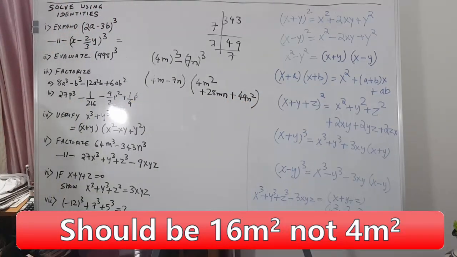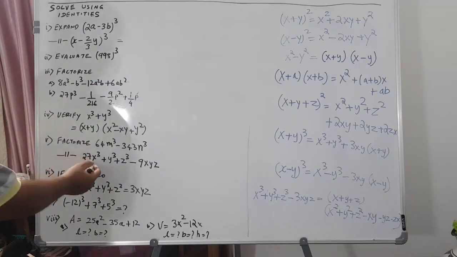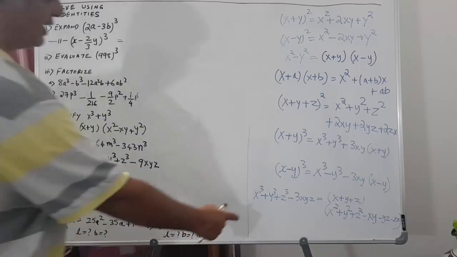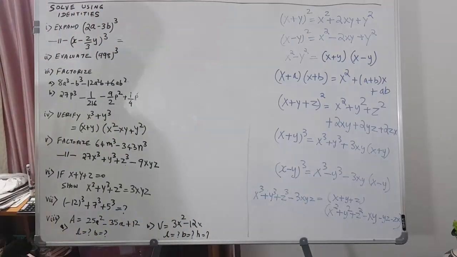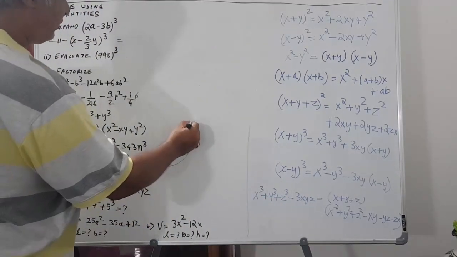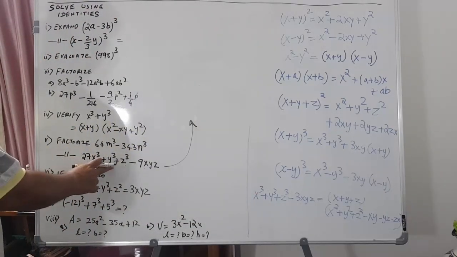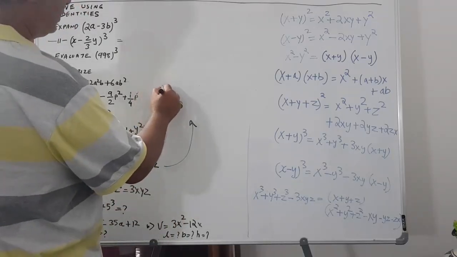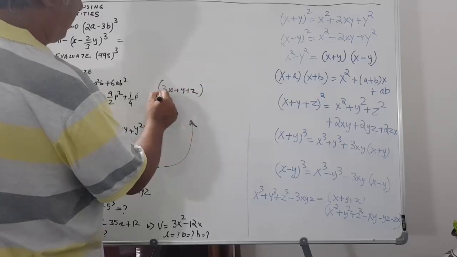Okay, so this is how we factorize this. How to factorize 27x cube plus y cube plus z cube minus 9xyz? This looks like the identity x cube plus y cube plus z cube minus 3xyz. Basically, instead of x we have 3x, and instead of y and z we have the same. So this is nothing but (3x plus y plus z) multiplied by